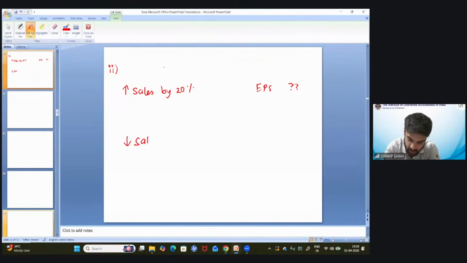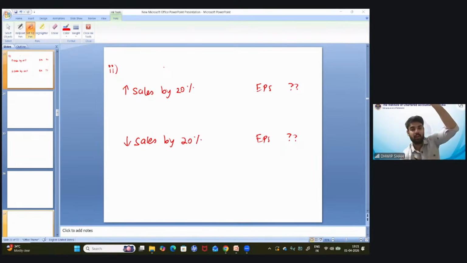And when sales decline by 20%, तो उसकी EPS पे effect कितनी आएगी? This they have asked. बोलो, which leverage studies the relationship between sales and EPS? Which leverage studies the effect of sales on EPS? बताओ कौन सा leverage, कौन से leverage की बात कर रहे हैं यहाँ पे? Kuldeep, sales और EPS, operating leverage was sales to EBIT, combined leverage, yes. How, Aditya? Operating is sales to EBIT, effect of sales on EBIT, but यहाँ पे effect of sales on EPS पूछा है. Read the question carefully. So sales और EPS का relationship sales से शुरू होता है, अंत EPS पे होता है,